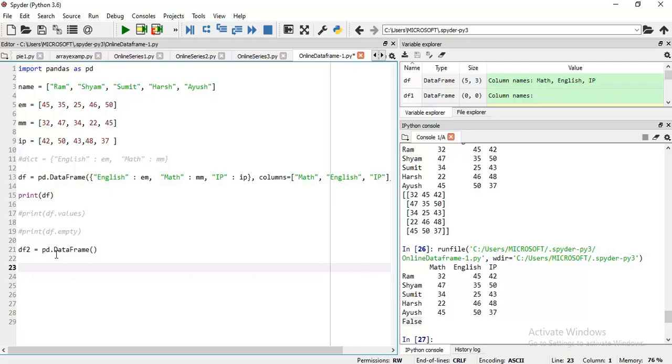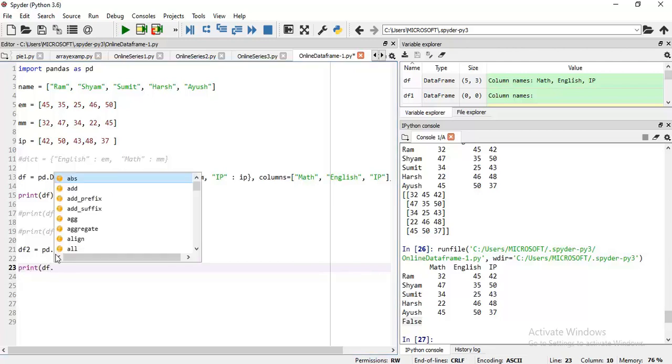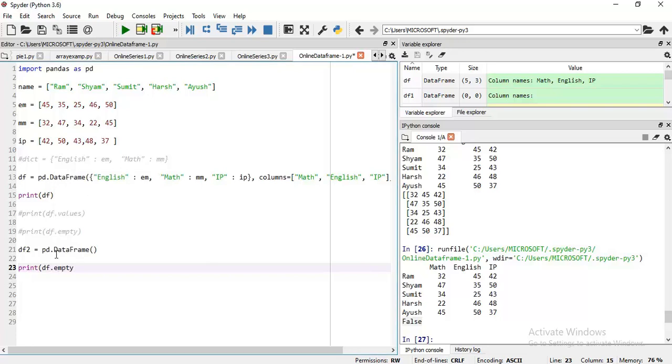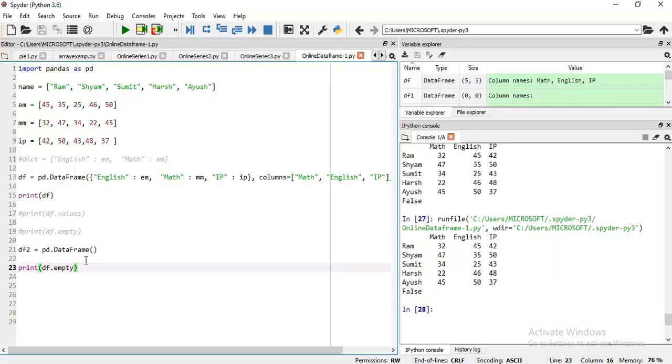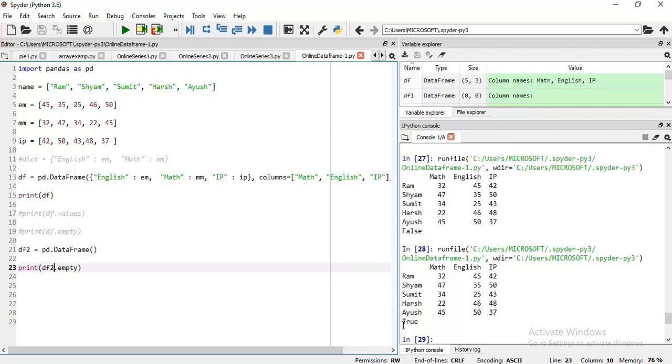So df2 dot empty, then F5. Then it is showing true. For data frame 2 we have not filled any value, that is why it shows the data frame is empty and we get the value true.